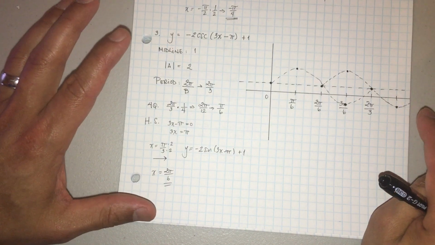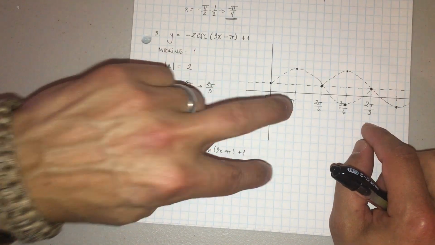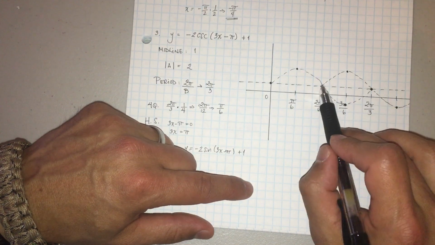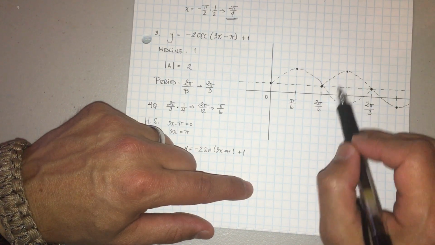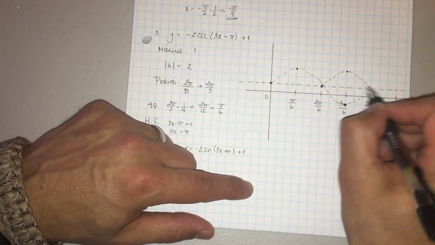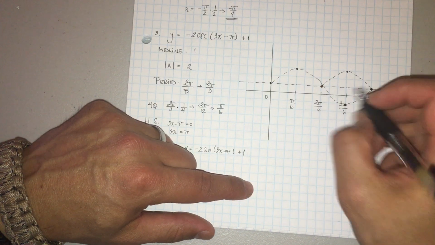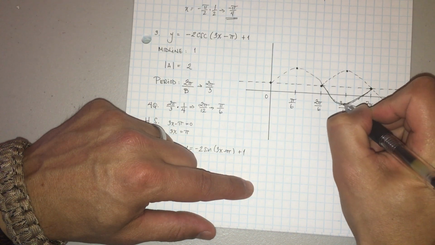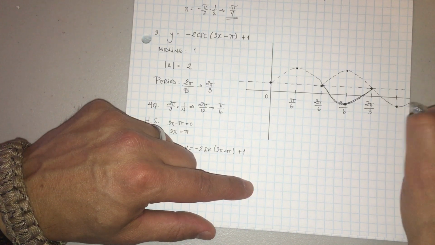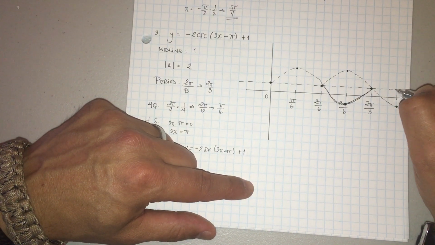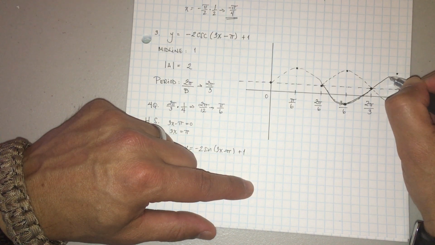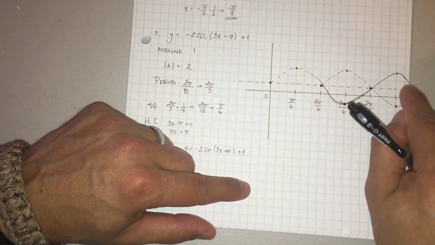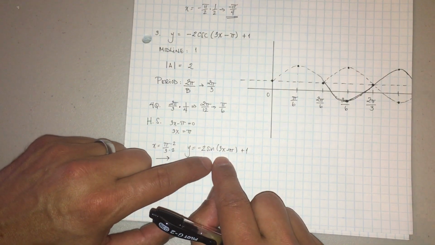All right, that's the first thing. We moved it. Now, notice here how we have that little negative, right? So that means we're going to have to reflect it. So this wave, this is the one we're talking about. Instead of being up, it's going to be flipped down. So it's actually going to look part of this one here. Remember, these are going to stay. You're only flipping this one right here. So this is going to flip down, so it's going to be this solid one here. And then this one, instead of concave up, is going to flip back up. So we're going to go 1, 2 up, and it's going to be here, and then come back down. So the solid black line here is -2 sine of the function,